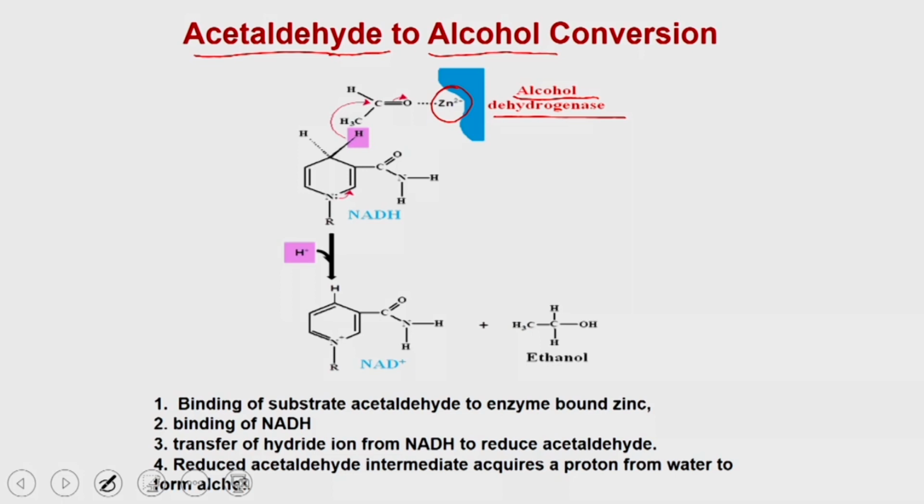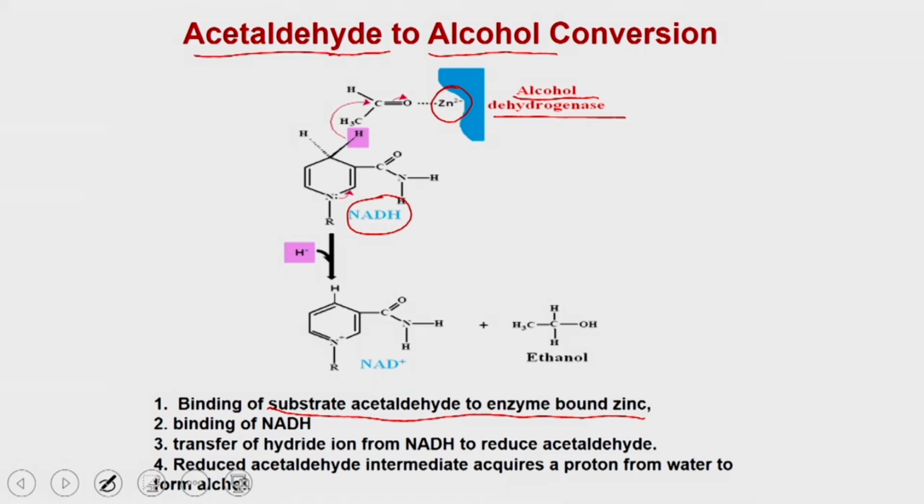So in the first step the substrate acetaldehyde is binding to the enzyme bound zinc with a coordinate bond, and then the NADH is also binding the enzyme in the second step, and then in the third step there will be a